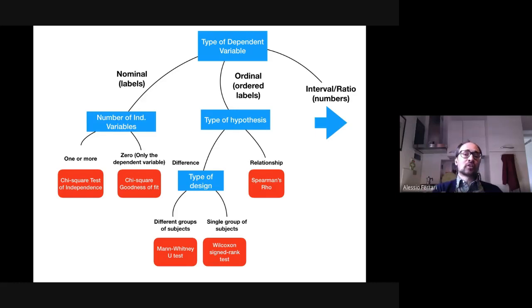We said there is just one dependent variable. Okay, so the variable can be nominal, ordinal, or interval-ratio. Nominal, labels; ordinal, order labels or numbers. Okay. For the first cases, as we said, we can use only